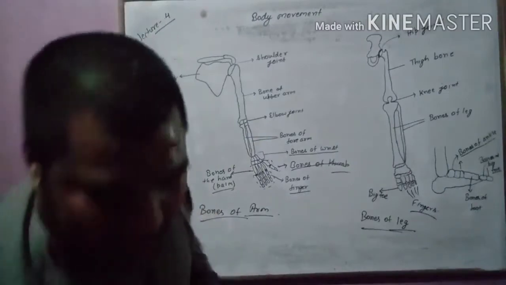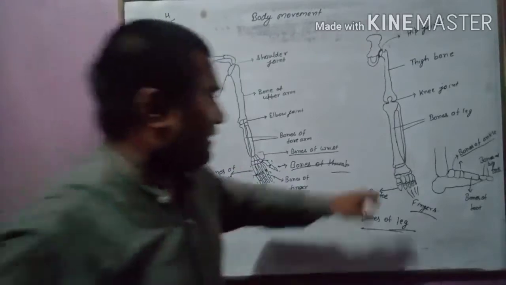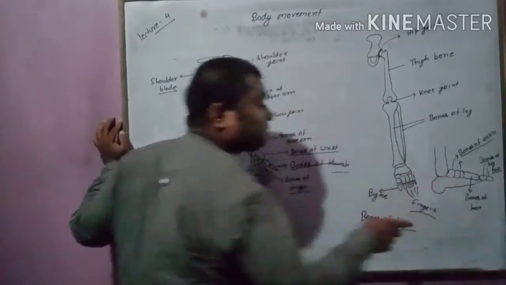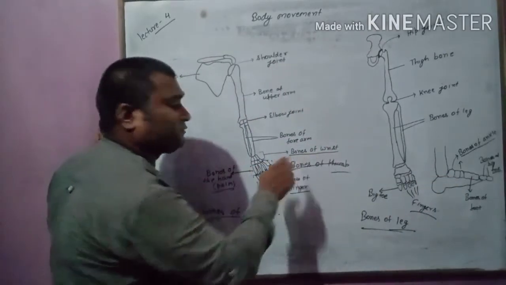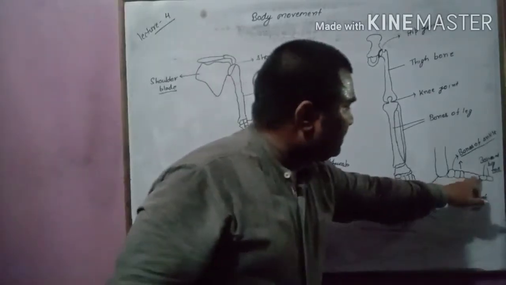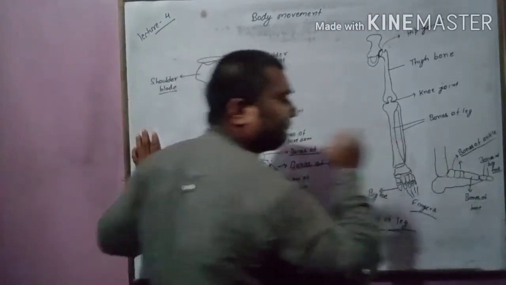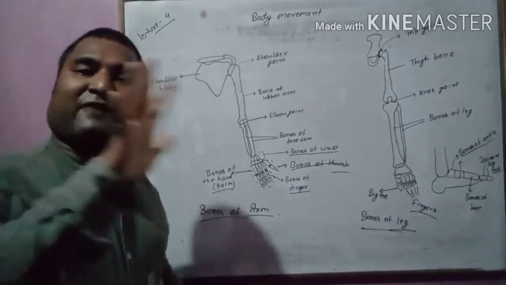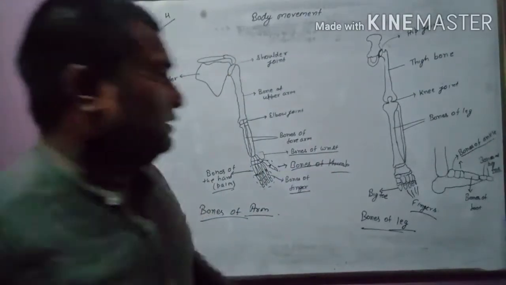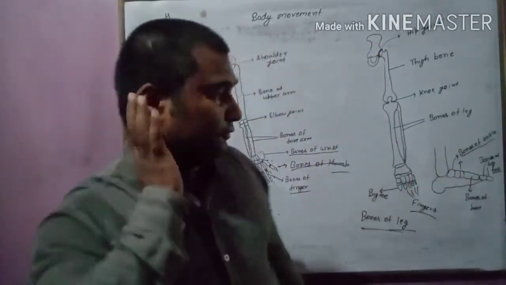I told you after the forearm there is the wrist, it has a few bones, so that we are calling here the bones of the ankle. So this joint is called the wrist in the arm, and in the leg that joint is called the ankle. The bones of the palm are the same as the bones of the foot. The palm has 5 long bones, this one 1, 2, 3, 4 and 5. Like that it has 5 long bones that form the bones of the foot.